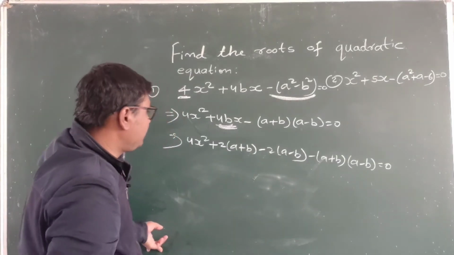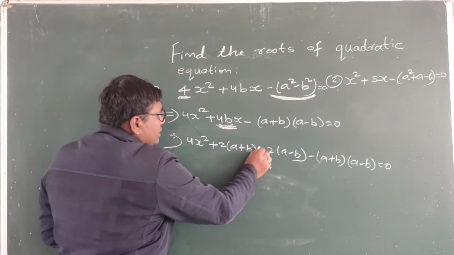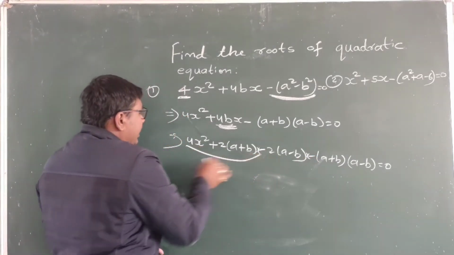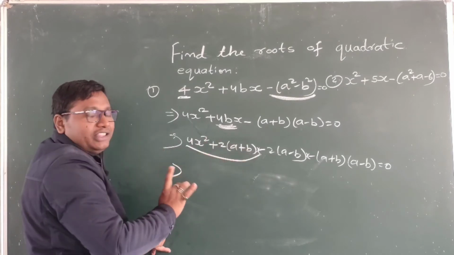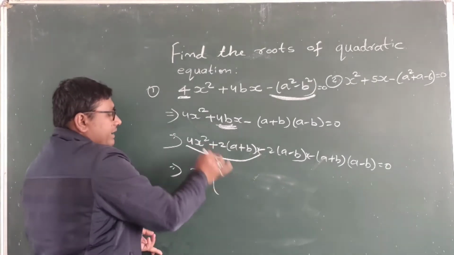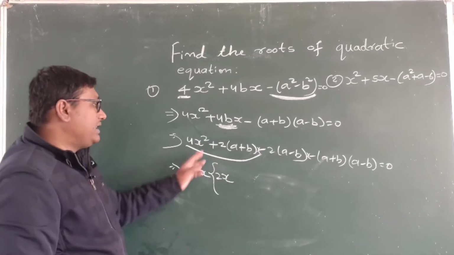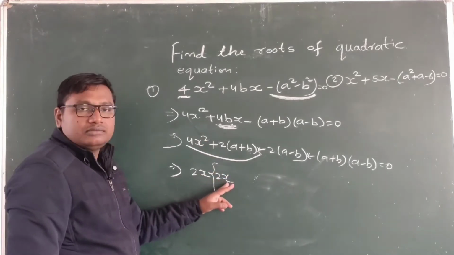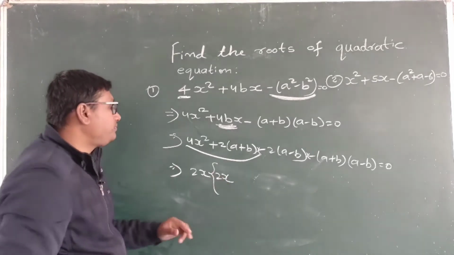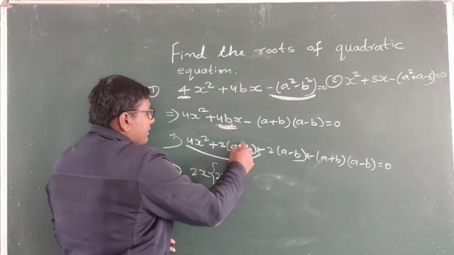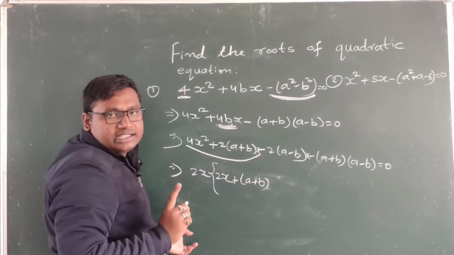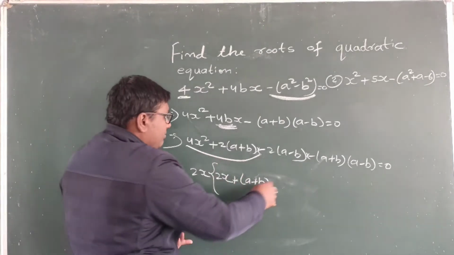So now what to do? We need to get the common factor. X should also be here because x is the variable. So now we need to take the common factor. What should be common in these two terms? 2x will be common. So right here will be 2x, because from x square we take 1x, so 1x will be left, and from 2 if we take 2 as a common, we will be getting 2. And here plus we will be getting a plus b, because x and 2 have already been taken as common. So now it will be a plus b.